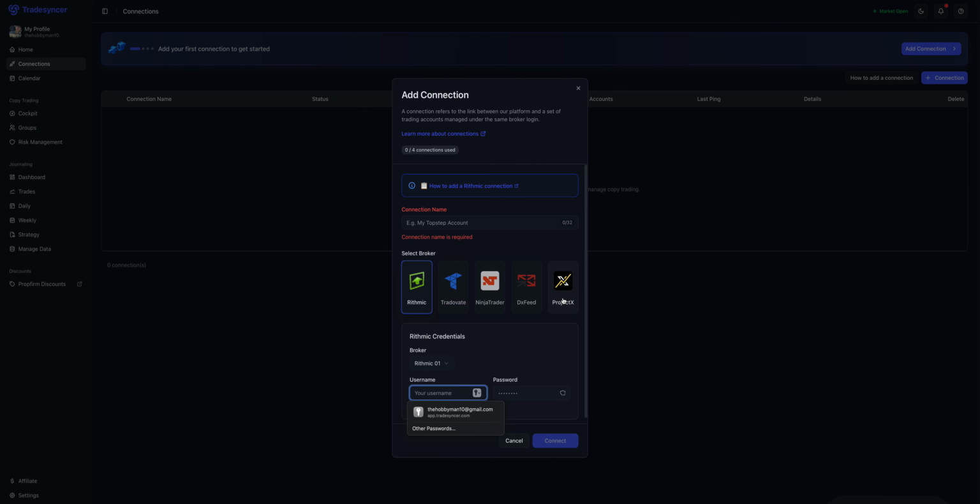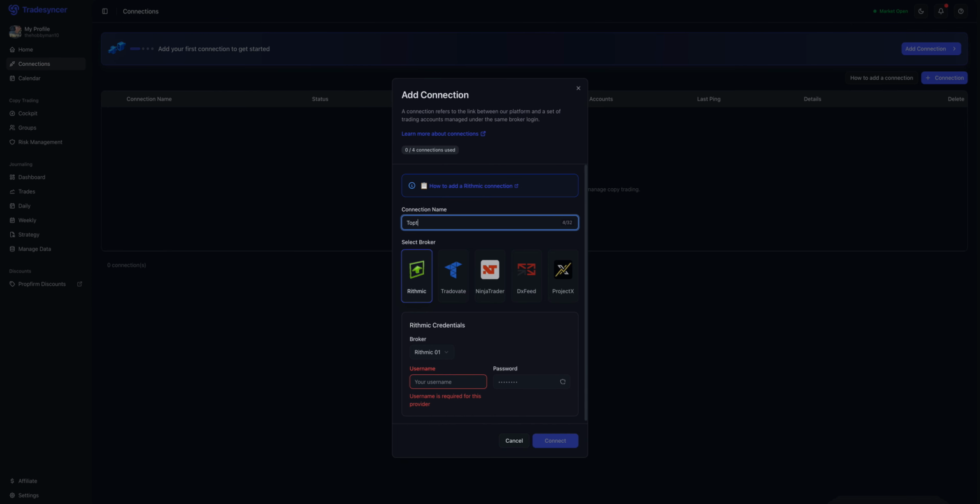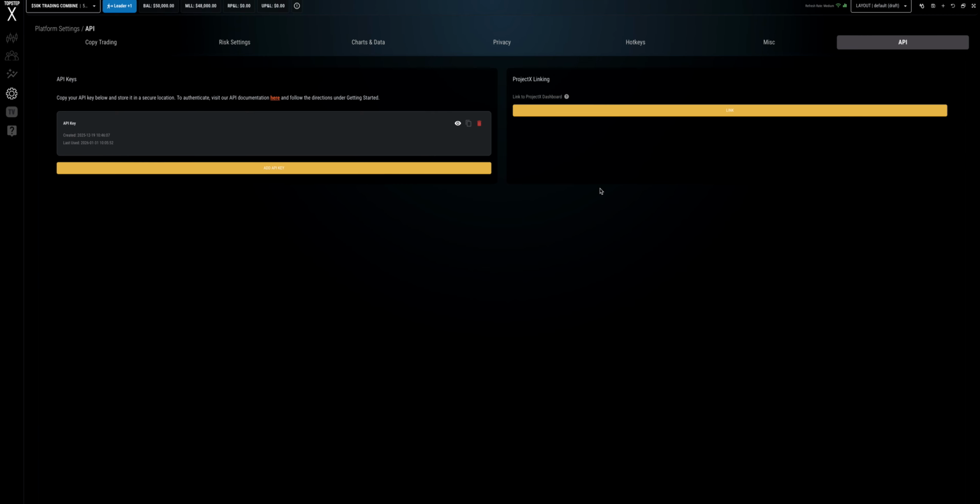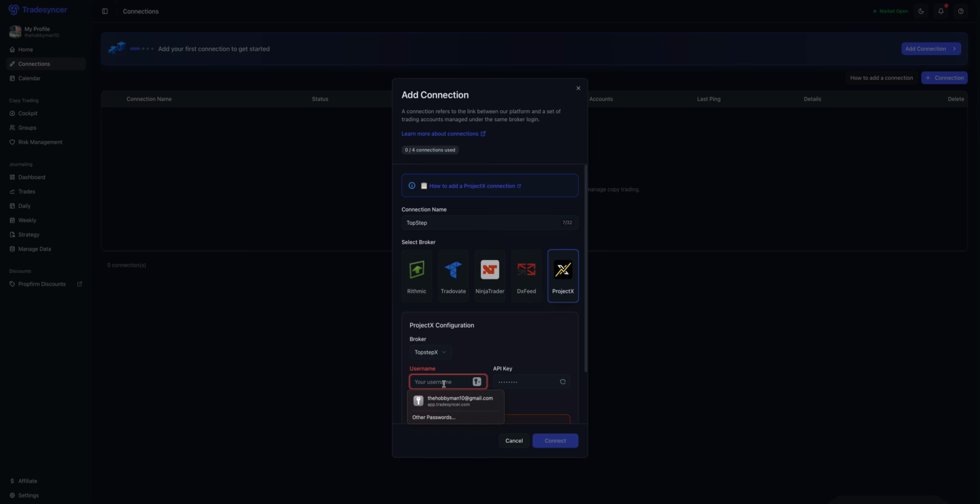So we'll go to, I'm just going to name it whatever I want, so I'm just going to do Top Step. Then we're going to go to Project X because that's what it's on. Then you got to choose Top Step X here. Your username, which that's not it. You can find it under your settings. I'm just looking for it. It's going to be